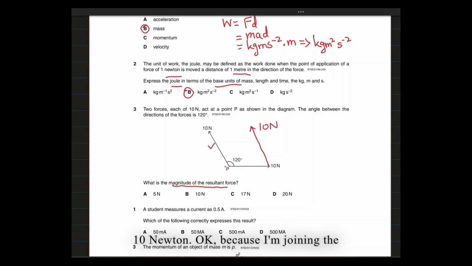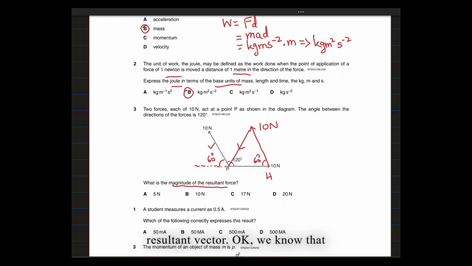This is 10 Newton. Okay, because I'm joining the head of the first vector with tail of the second. Then what we can do is, okay, we know that if this is 60 degree, okay, a line makes 180 degree, so if this is 60 degree, this angle would also be 60 degree. Okay, and then we would join the two vectors like this. Okay, head from first and to the tail. So this would be our